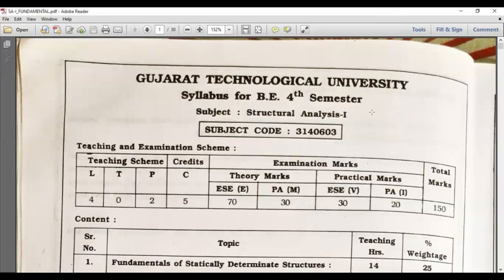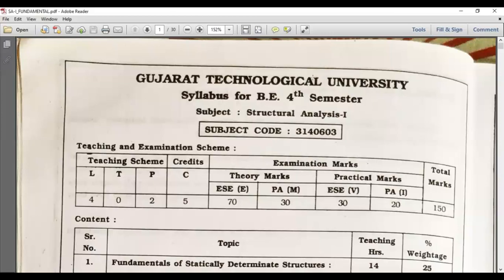Welcome to Structure Analysis 1. In this lecture, we are going to start our new journey of structure analysis. Structure analysis is totally similar to and dependent on the mechanics of solid, which you already studied, and the syllabus for